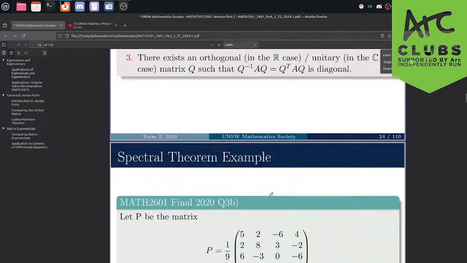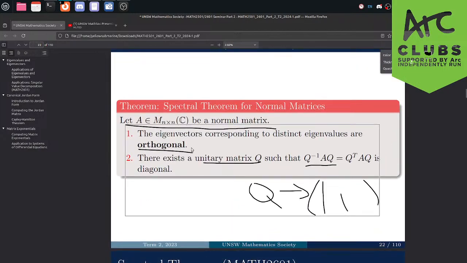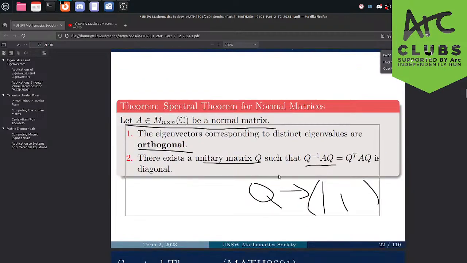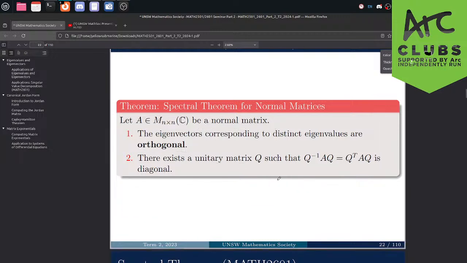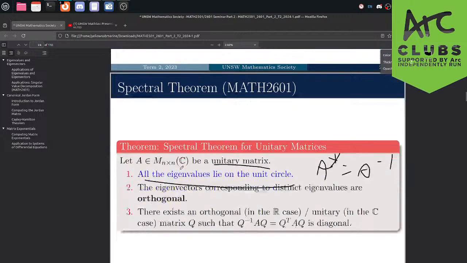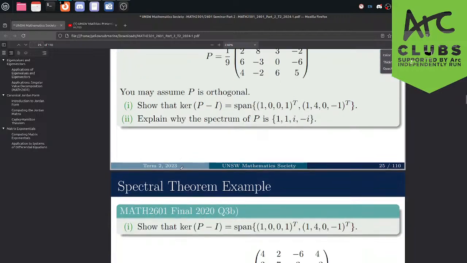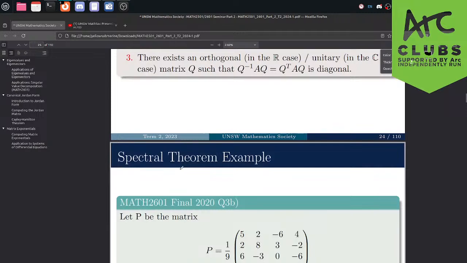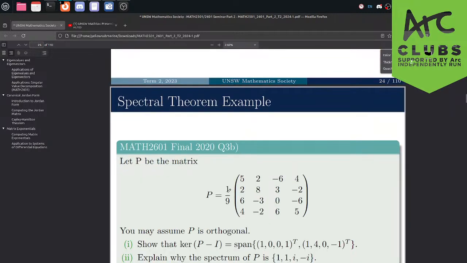Cool. And it's also worth mentioning, the nice thing about normal matrices is that they can always be diagonalized. This is what the spectral theorem says. If you're given a matrix as normal, you can immediately go, yes, I can diagonalize that. Its geometric multiplicities all add to the dimension of the space. Cool. So let's use these results in some questions, if we can remember them.